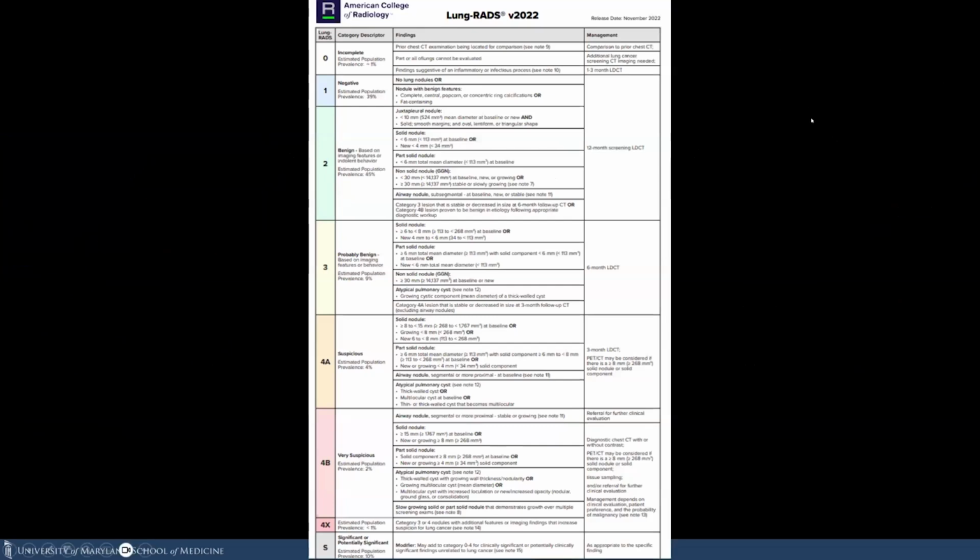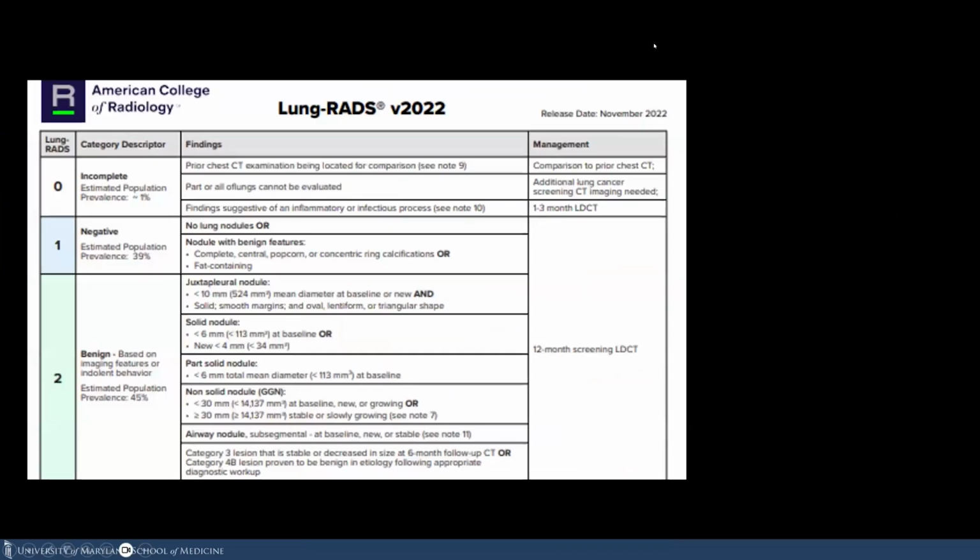So the LungRads ACR 2022 can be found on the ACR's website. It's very easily accessible. I don't expect anyone to memorize this, unless obviously you're a chest radiologist and you do 100 of these in a day. But essentially, when I look at the LungRads 2022 criteria, I break it down into LungRads 0 through 2. Those I consider as negative CTs, meaning that these patients are going to get a 12-month follow-up. So LungRads 0 is an incomplete scan. So say that they somehow accidentally cut off the lung apices. So essentially that patient needs to come back in for that scan.